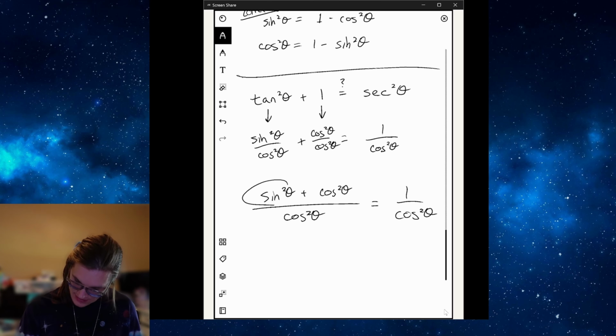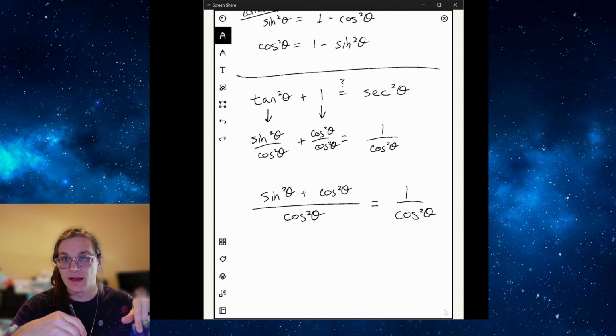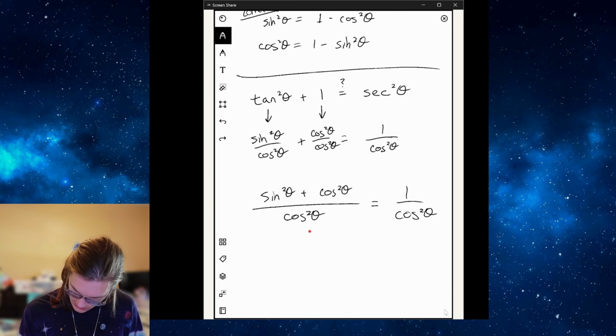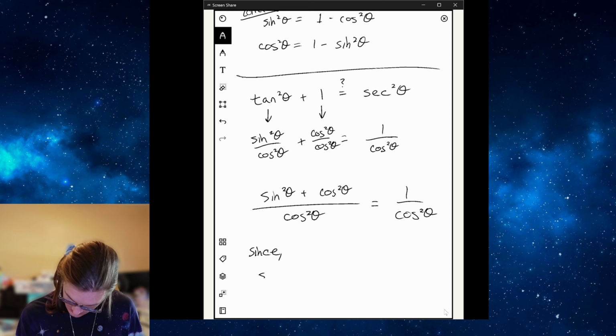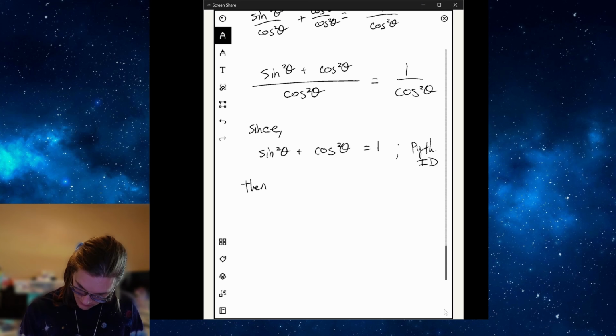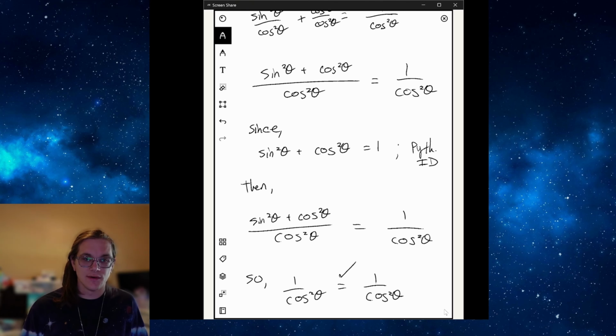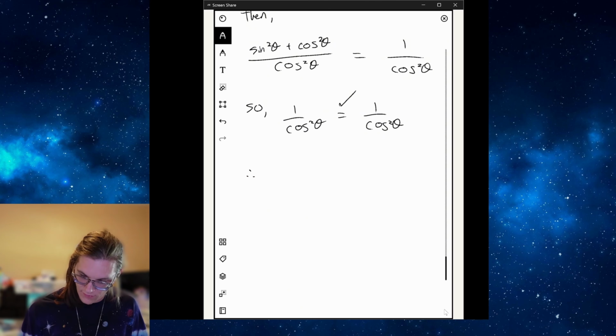And this is another identity, which you're allowed to use other identities to show that the identity you're working with right now is true. And so I'll write it a little more formally, but you probably don't need to do this. Since this is a true thing, then we can even write right here, Pythagorean identity. Since that's true, then this, so, okay, that's true. And then we can say, and therefore,